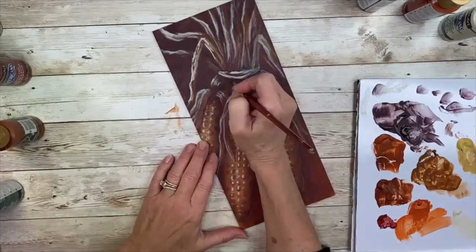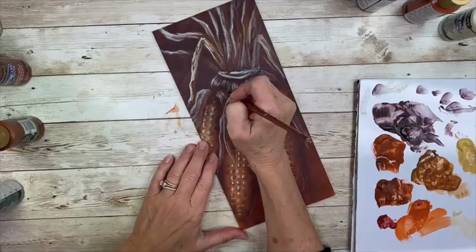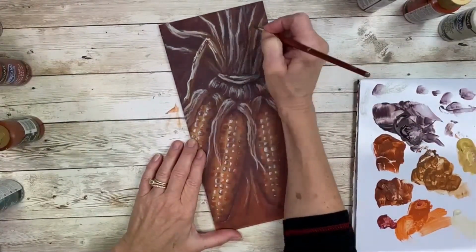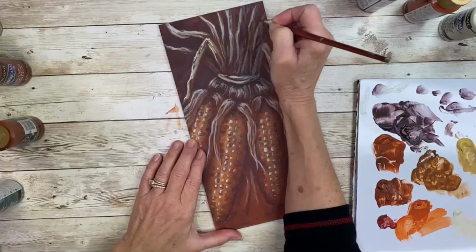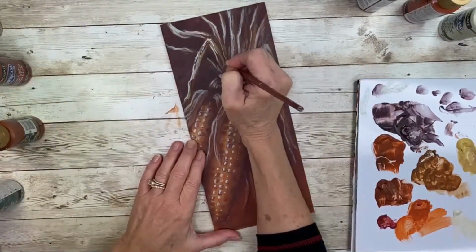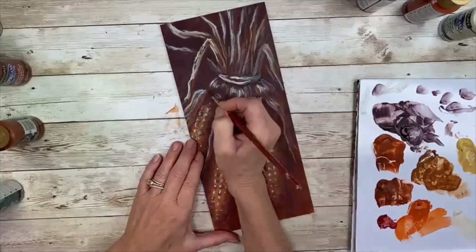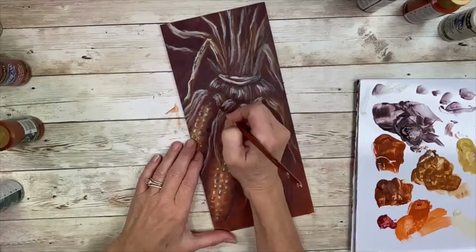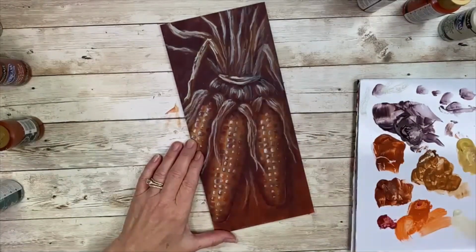We have all these rich, dark colors. The Thicket is just absolutely stunning. It brings a coolness to those shadows. It adds a lot of interest. It's absolutely gorgeous. So I'm adding a little bit of Thicket on the shaded parts of everything, the husks,